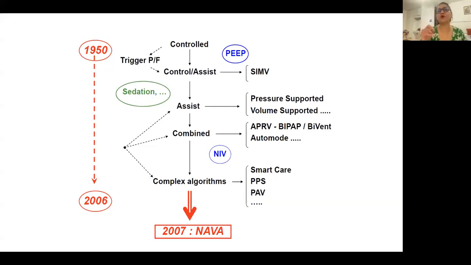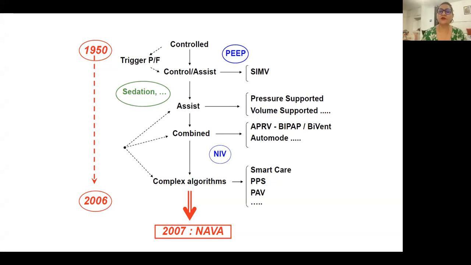And even those 40 breaths would be synchronized only when the baby is going to trigger at the particular trigger we have set. Otherwise, if it's not triggering at that time, that breath is also not going to be synchronized. So though it is called synchronized intermittent mandatory ventilation, it was intermittent synchronization only. And hence we tried to synchronize more, and we tried to synchronize all the breaths of the baby. So we came to assist control ventilation,